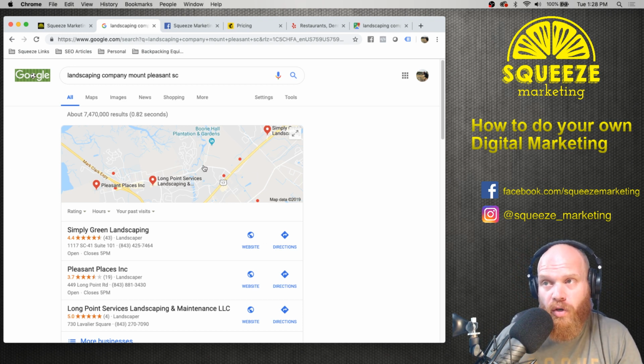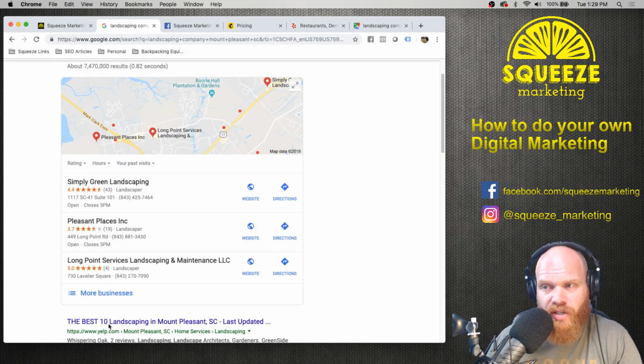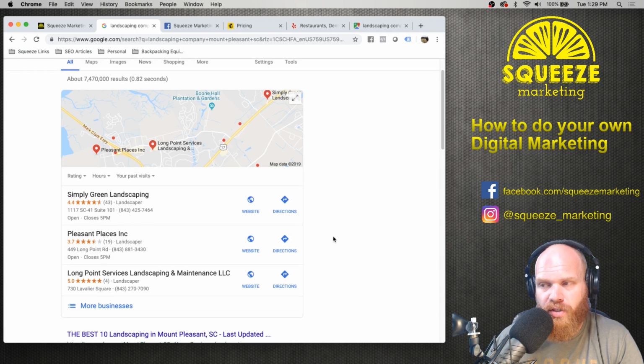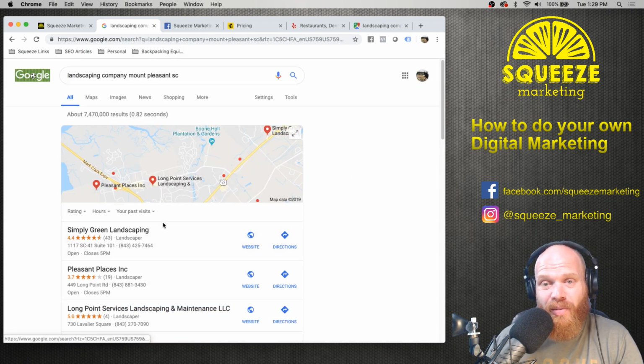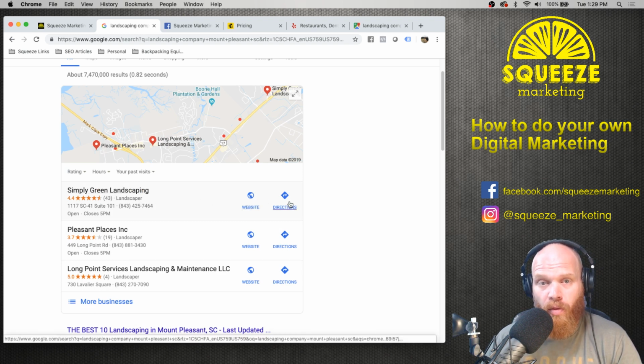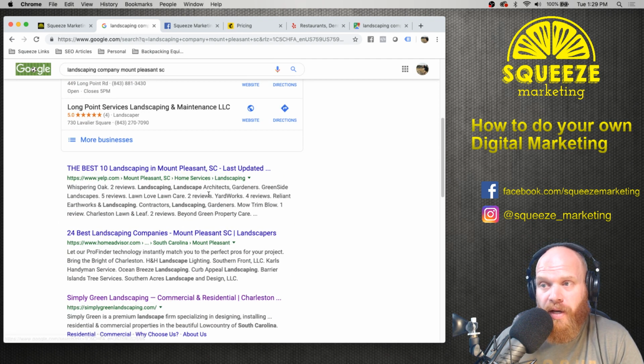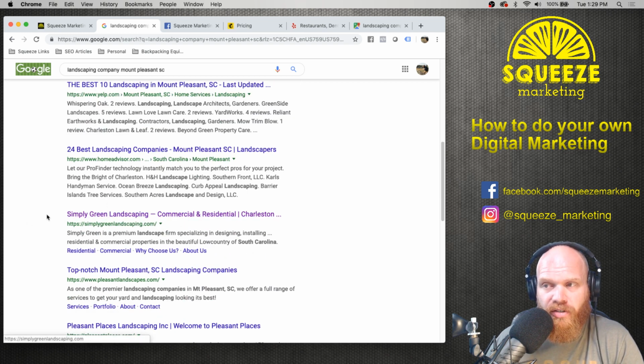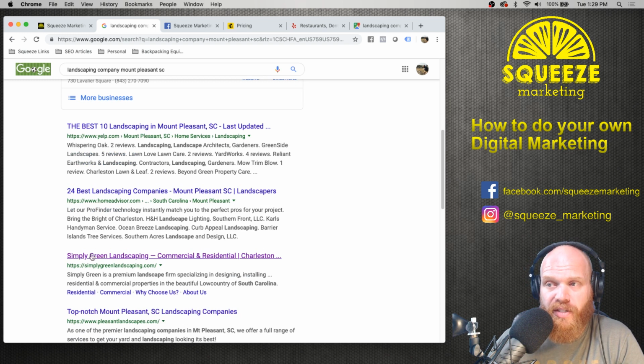On the Google search engine result page, when you search landscaping company and the city that they're in, they show up number 1 on this section here. This is the map pack or maps section of the search engine results page. So usually you're going to see between 1 and 3 results and possibly a 4th if someone is running ads on this section. So they're showing up in the top spot here with a link to their website, directions. If you're searching on a mobile platform, you'll see a button to call them. And then we see Yelp and Home Advisor, which are both business directories, and the first website past the business directories is Simply Green. So they're in the number 1 business spot on the search engine results in the organic section.